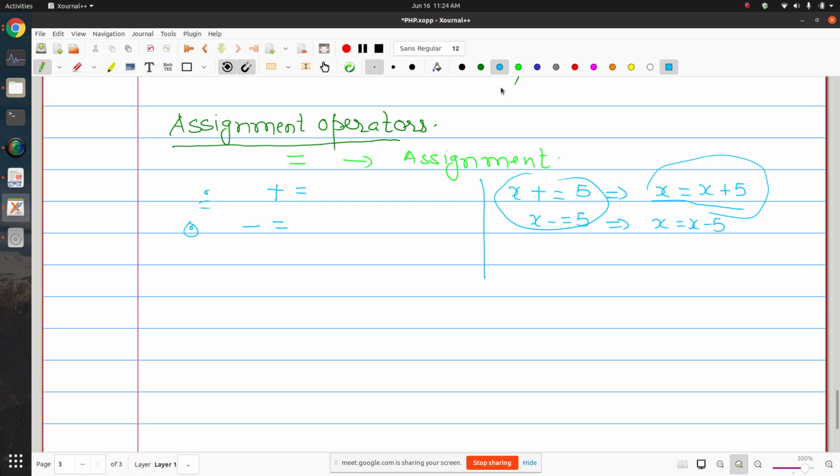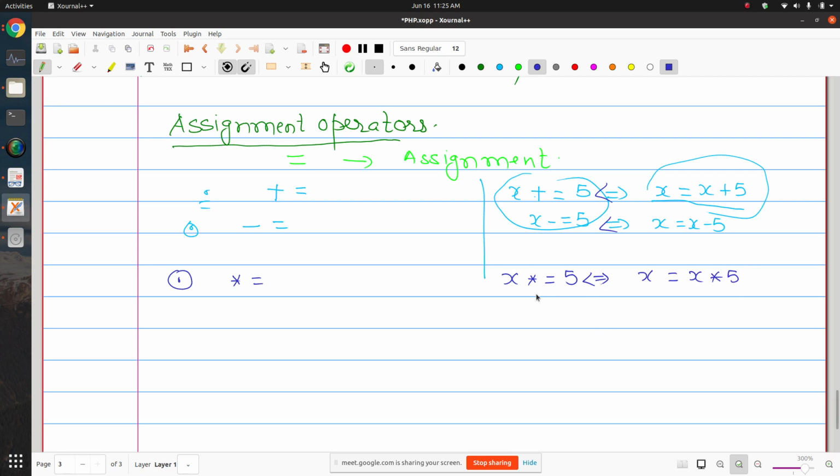Okay, then you also have multiplication equal to, and the meaning of this is, let me write first x multiplication equal to 5. What does it mean? We can make it like that, x equal to x into 5. Okay, so both are equivalent.